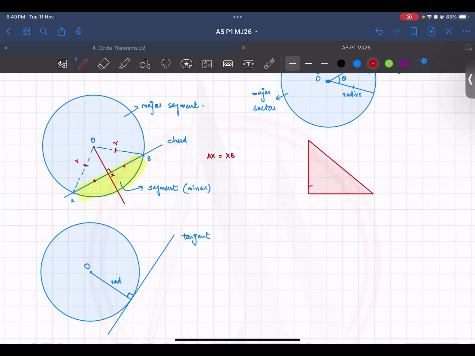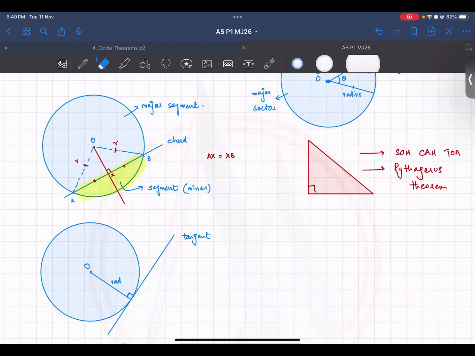If you have a right angle triangle, then only you can use SOHCAHTOA, the basic trigonometric ratios, and the Pythagoras theorem. Right angle triangle means that it has a 90-degree angle inside it. This is a right angle triangle. And if it is not a right angle, something like this, anything else,